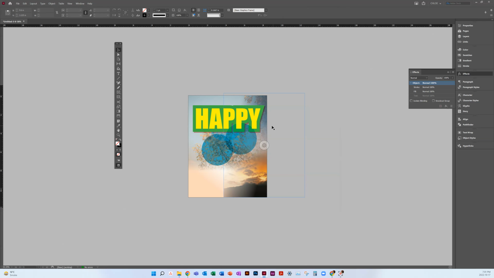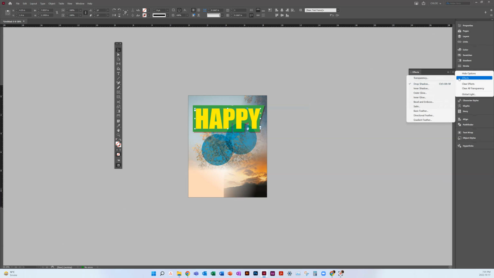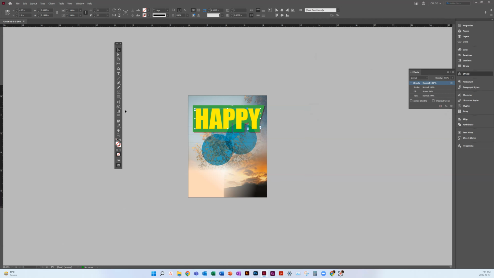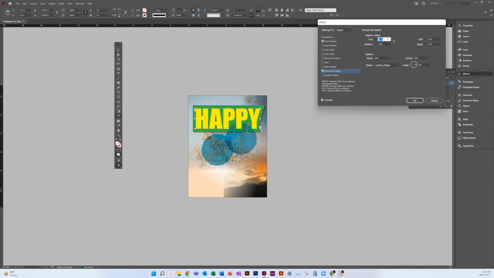All right, so there are some other things that we can do in this effects window here. One that you might want to do is the gradient feather. So we have the directional feather tool, but remember, that is a tool unto itself over here, but we do have access to it in the pop-up here. So you can access the directional feather tool this way. I'm sorry, the gradient feather. I'm getting those mixed up. So there's a gradient feather. The gradient feather,